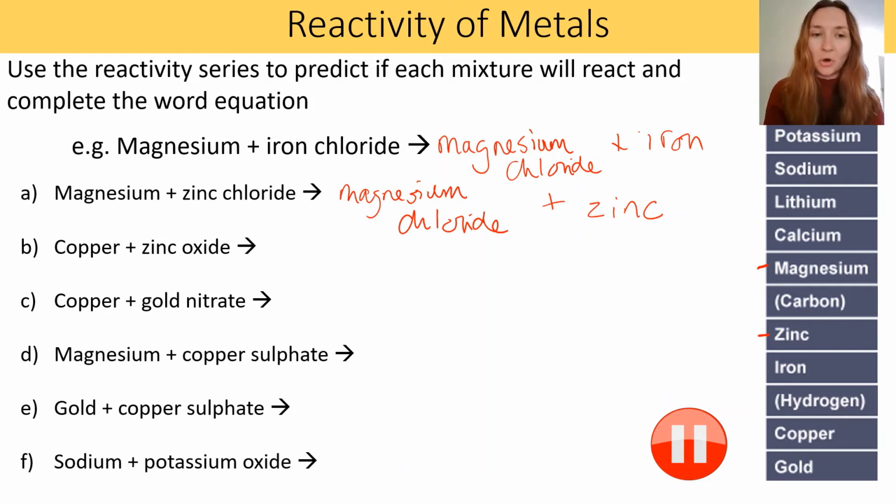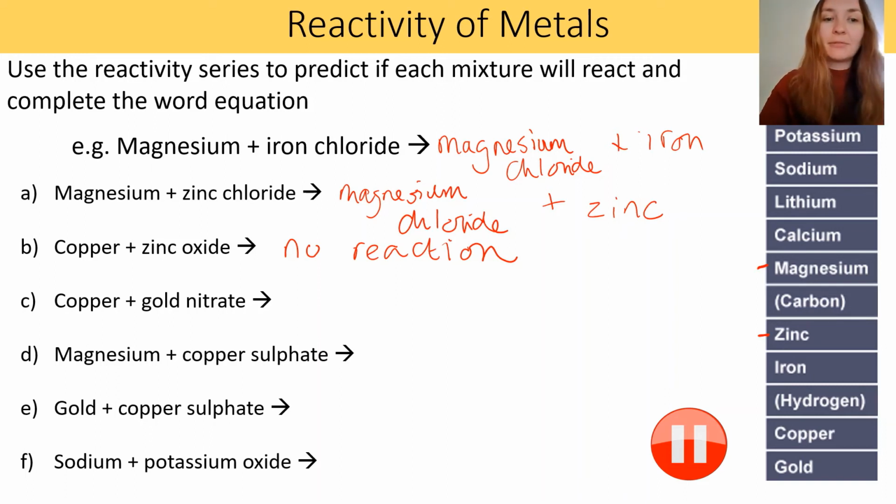Okay, part B, copper and zinc oxide. So copper is below zinc in the reactivity series, and therefore we're going to get no reaction taking place here. There's no displacement. So no reaction takes place because that oxide is already with the more reactive metal. So no reaction. Part C, copper and gold nitrate. So I can see that copper is above gold on the reactivity series, and therefore we are going to get a displacement. So the products are going to be copper nitrate